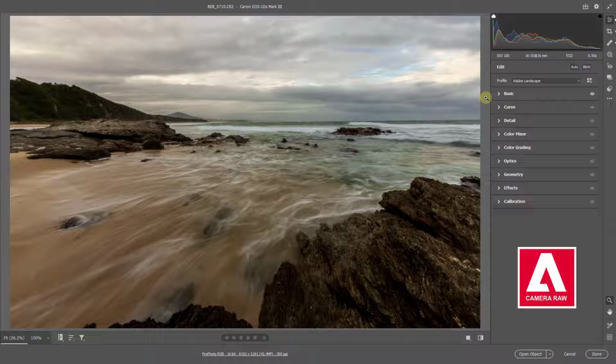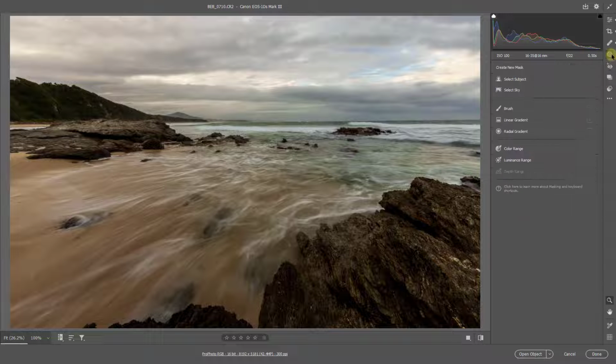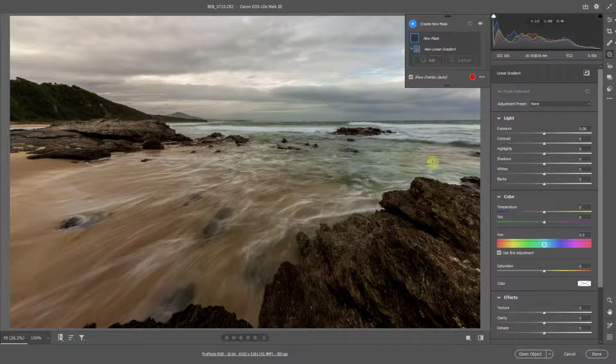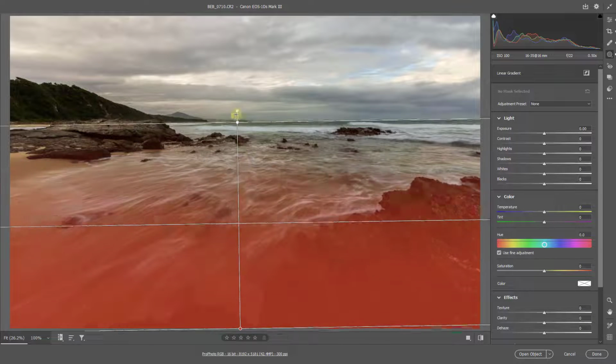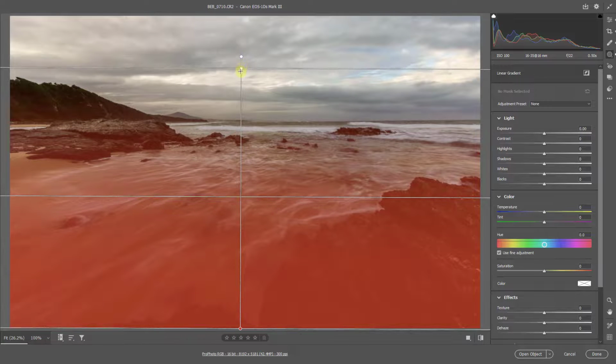My experience of masking with a brush is mostly when I need to make an adjustment to a different mask. Now let me show you what I mean with this image by selecting the masks from the icon here, and then from here selecting a linear mask. And what I want to do with this is to apply it at the base of the image, click and